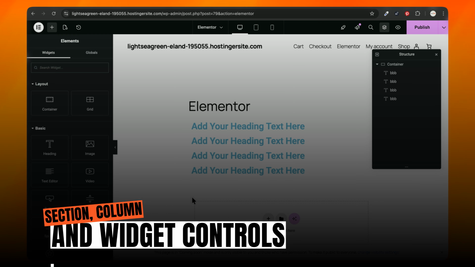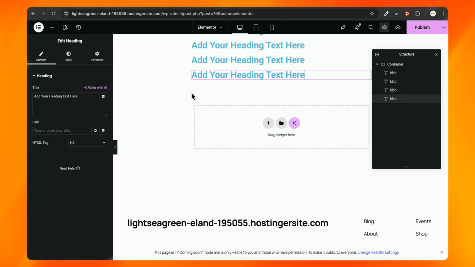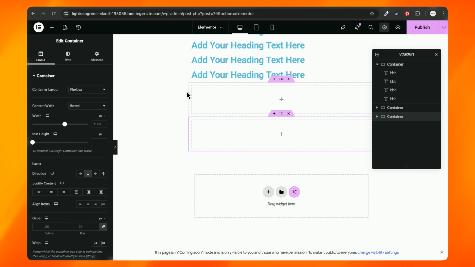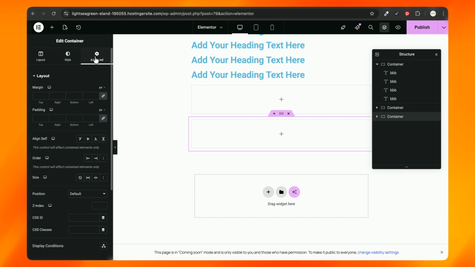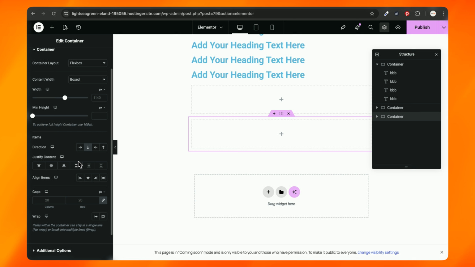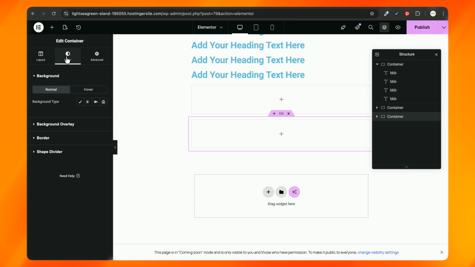Section, column and widget controls. Whenever you click something inside Elementor, you will see three tabs on the left. Layout tab, Style tab, Advanced tab. Layout tab controls structure, width, height, alignment and spacing. Style tab controls design, background overlay, border, shape divider, typography,